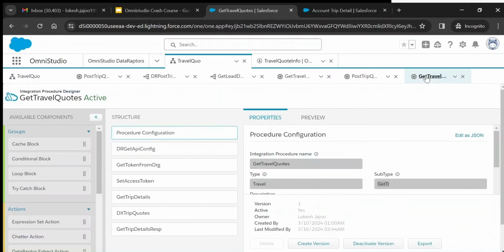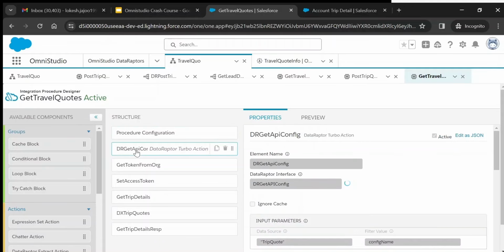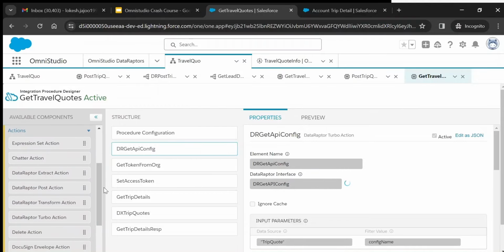So let's come to this travel codes. In this integration procedure, I have a series of actions. The first action is get the API configuration. Since I'm making a callout to my external system, whatever configurations I need to maintain, I am using metadata for it. And since it's just a single metadata, I can use a turbo extract, and I do not need to do any transformation for this. So I'll just drag a Data Raptor turbo action from here. So this will take me,